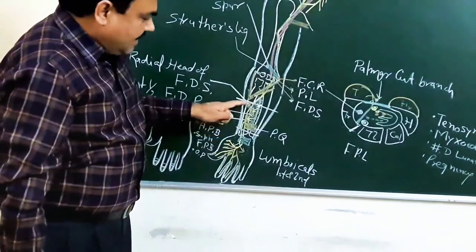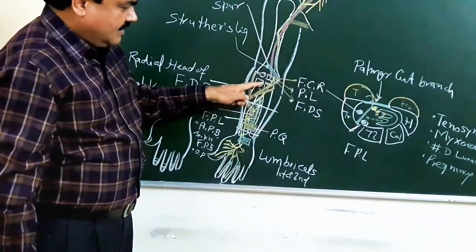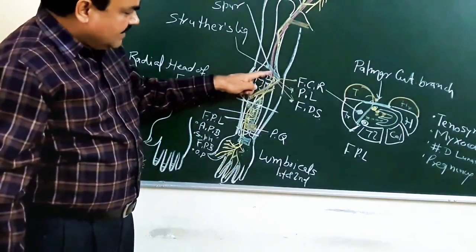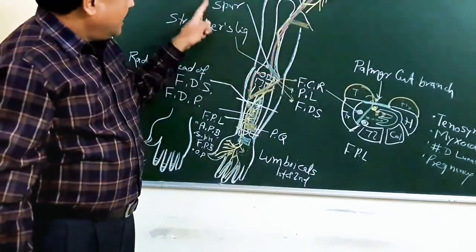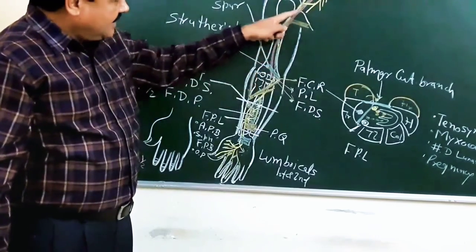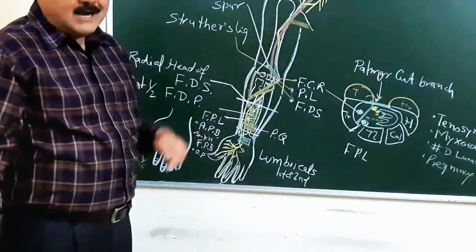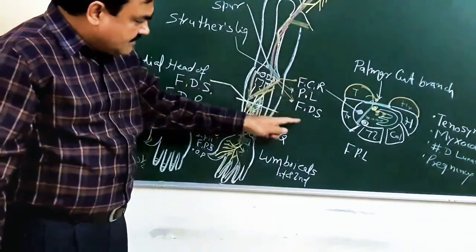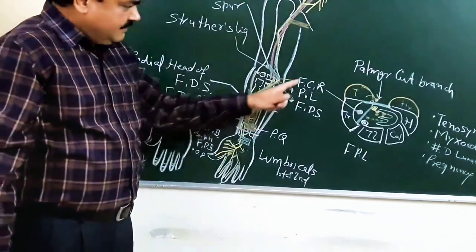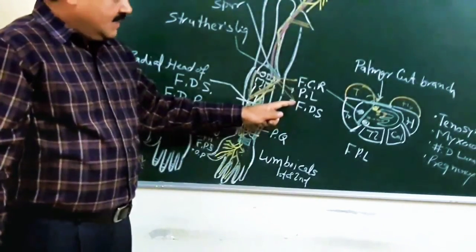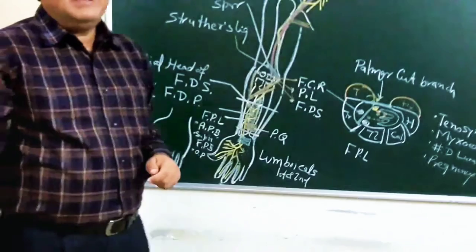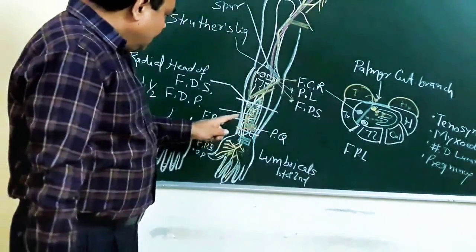If there is another condition, a lesion in the cubital fossa, or there may be compression here by Struthers ligament, there may be a supracondylar fracture, or compression anywhere above this cubital fossa, these three muscles are also paralyzed. Then, in addition to all these signs and symptoms, the other thing you will find is